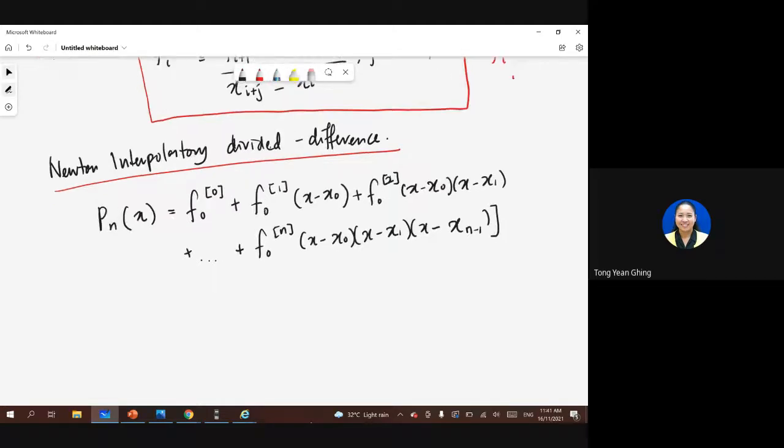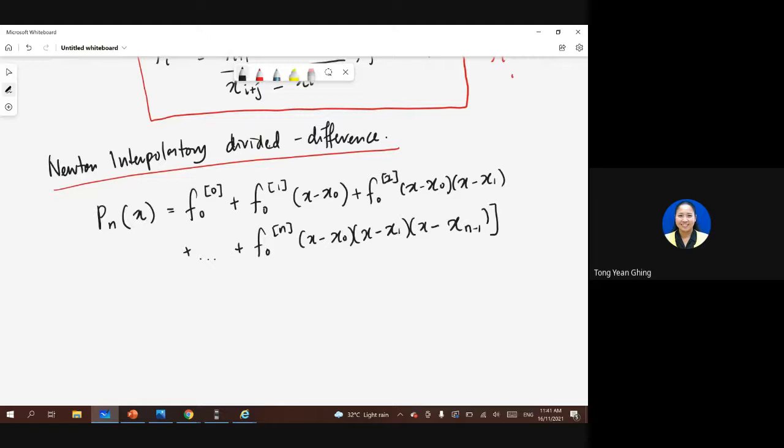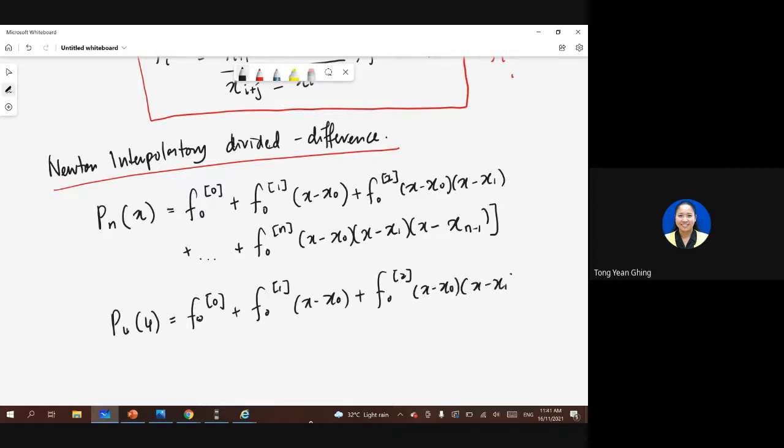Let's say we have 5 data points, that means our n is 4. So our P4 will become f[x0] plus f[x0, x1](x minus x0) plus f[x0, x1, x2], the second degree divided difference, (x minus x0)(x minus x1) and plus f[x0, x1, x2, x3] (x minus x0)(x minus x1)